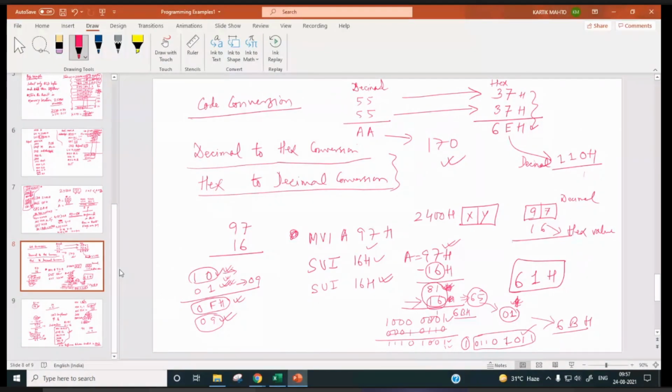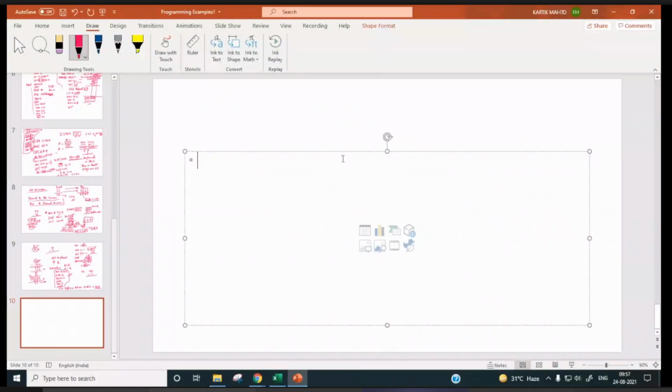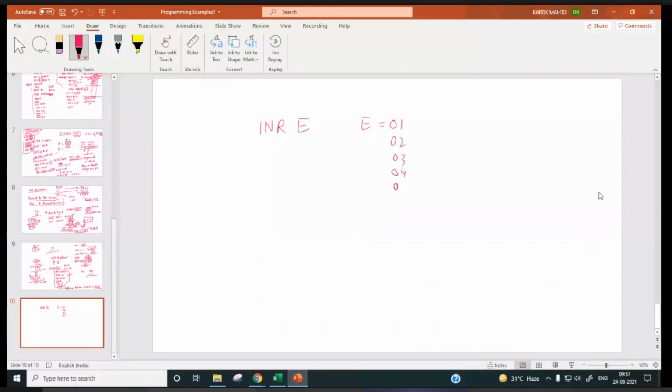And that counting you can do simply in binary by incrementing any register, INR E. So E will be incremented how many times? 01, 02, 03, 04, 05, 06.